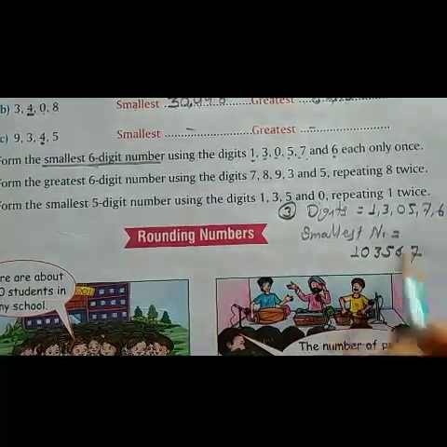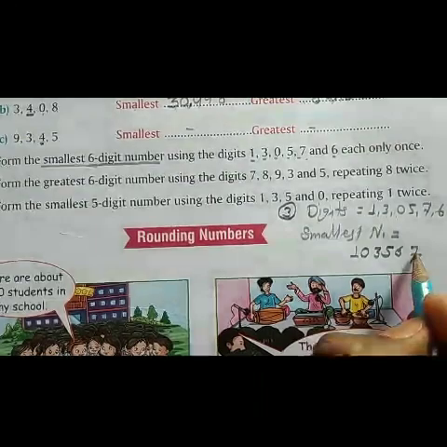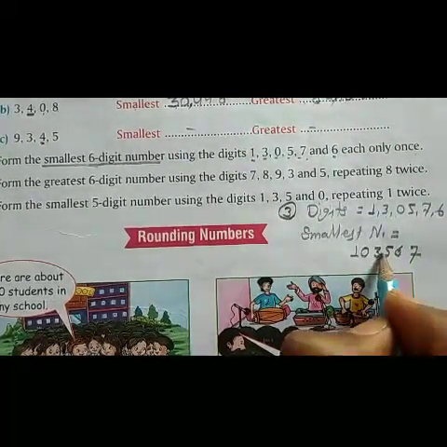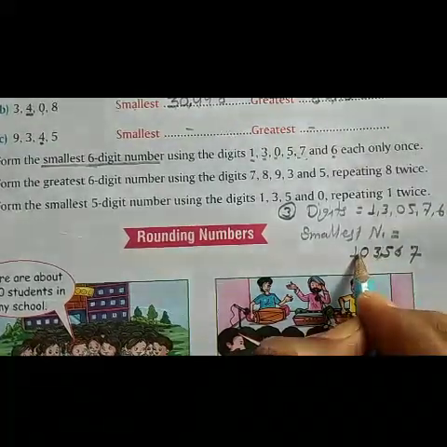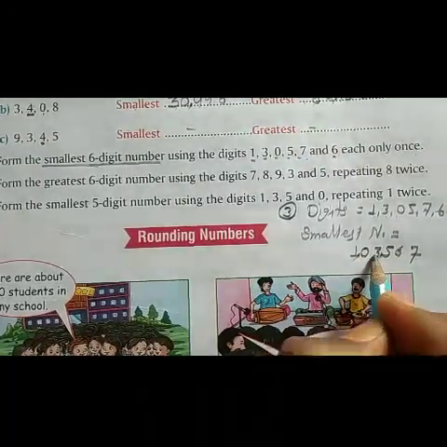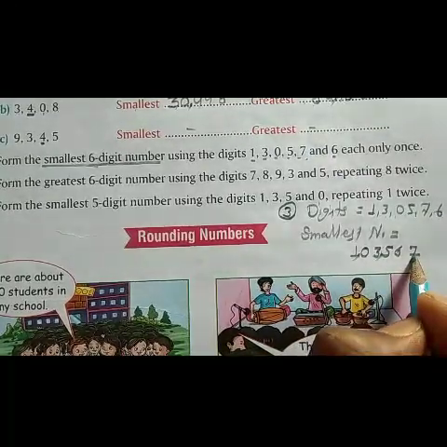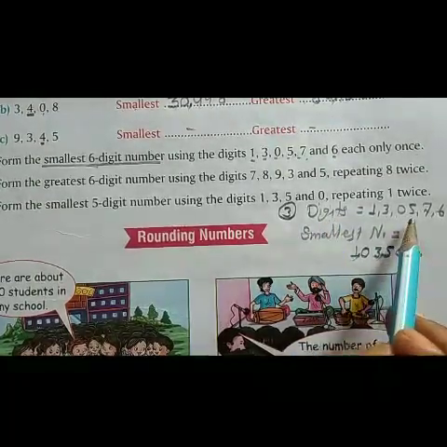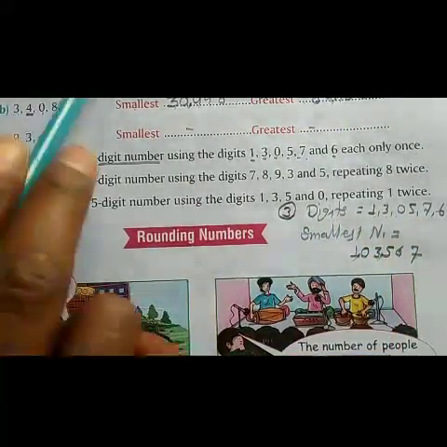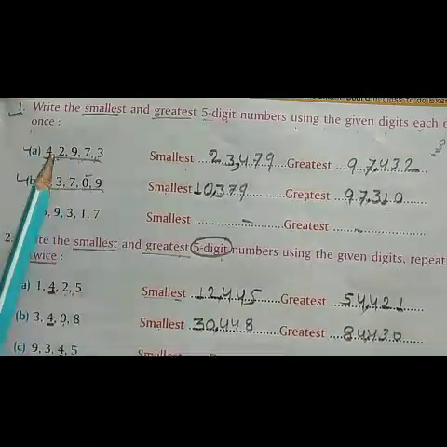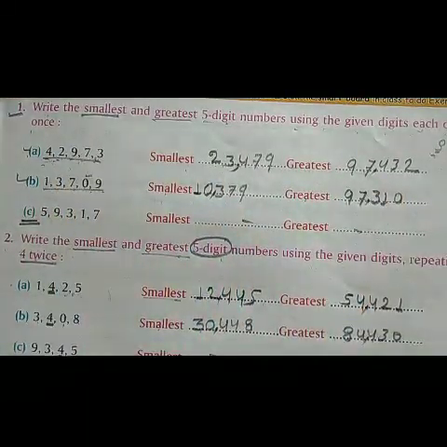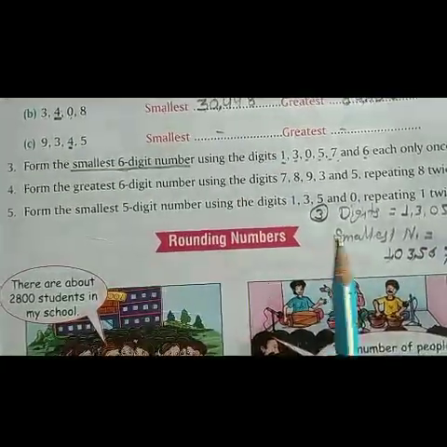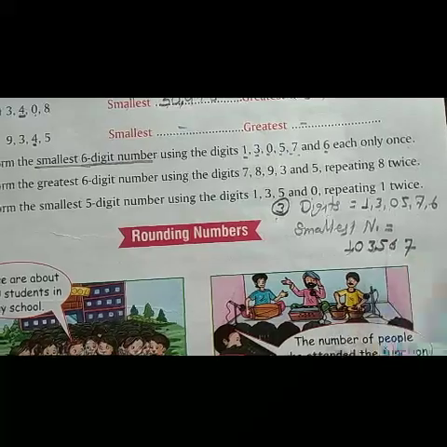This is the solution of this question. Place the comma according to the Indian place value chart. Ones, tens, 100, comma 1000, 10,000, comma lakh, means 1,03,567. This is the proper solution. This solution you have to write in your notebook. These fill-ups will be filled in your book. No need to write these questions in the notebook. Fill in your book exercise only. This third question you will complete in your notebook.